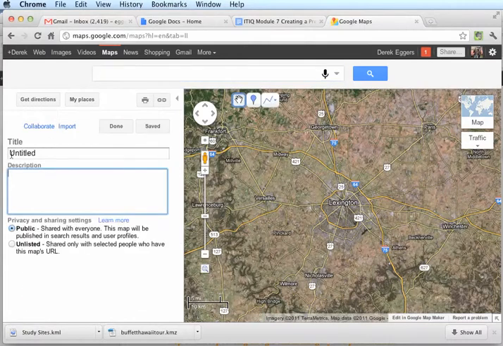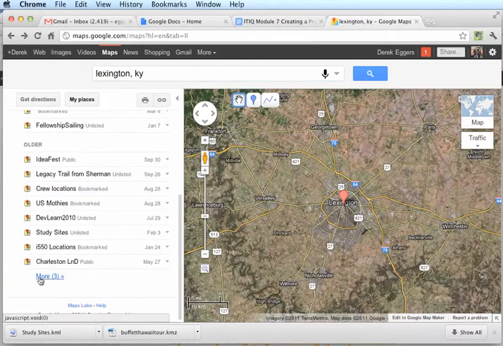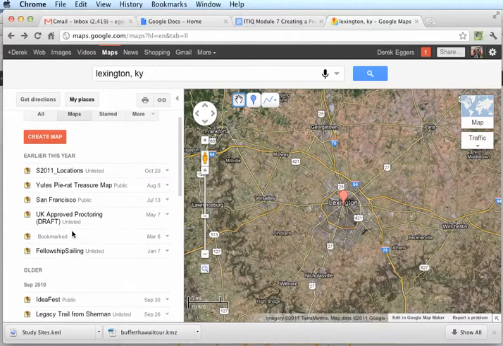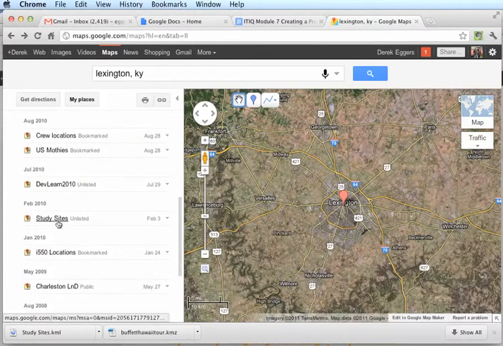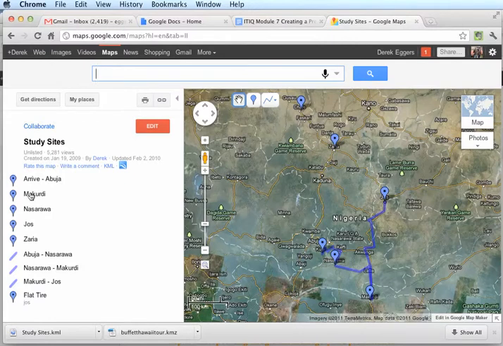And when you create a map, it lets you title it and determine whether you want it to be public and shared with your colleagues or fellow students, or you want to make it unlisted and just use it for yourself. So in the past, I've used this quite a bit. I actually used it to store possible study locations for my dissertation study that was conducted in Nigeria. We traveled to Abuja, considering study in